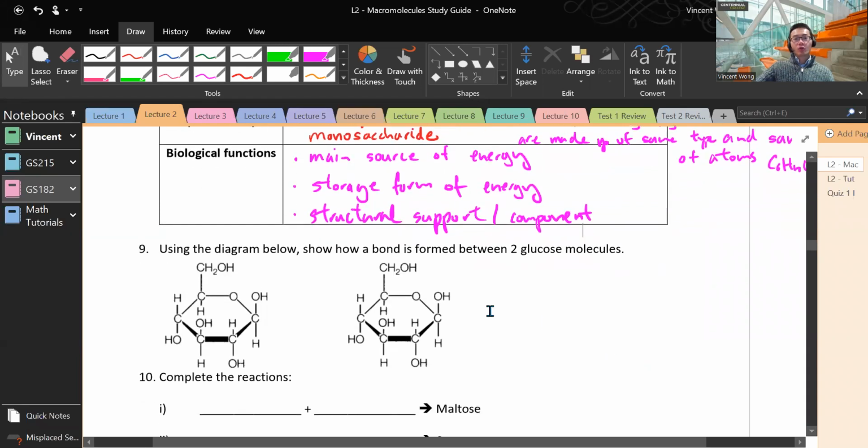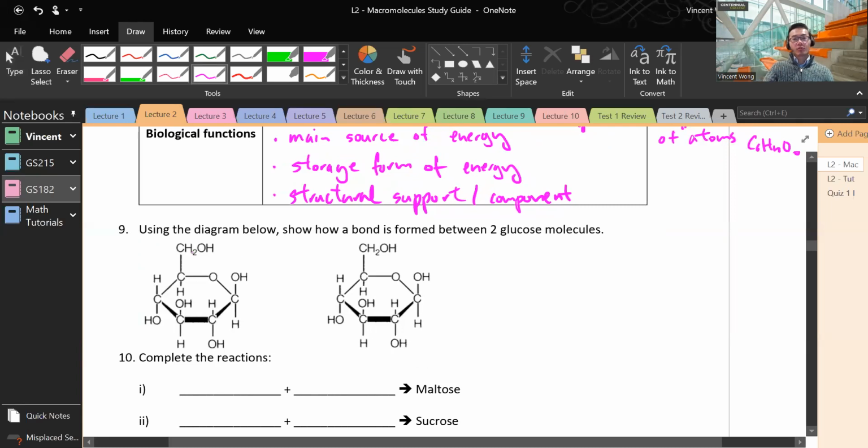Now, there will be no drawing on the test because it's multiple choice, but it's good to know these things. It will help you answer some of the questions. So here we have 2 glucose molecules. If you count the C, there will be 6 of them, for example, 1, 2, 3, 4, 5, 6, right? So C6, 12 hydrogen,